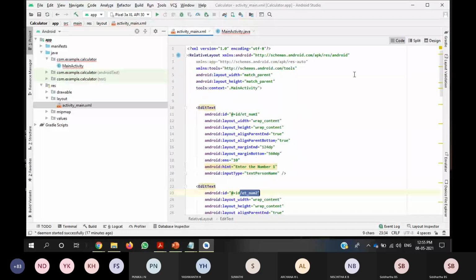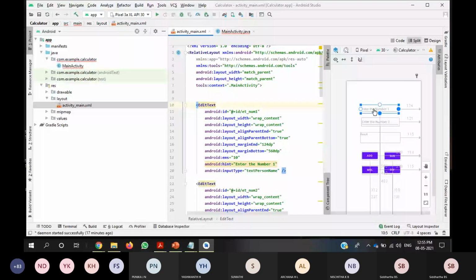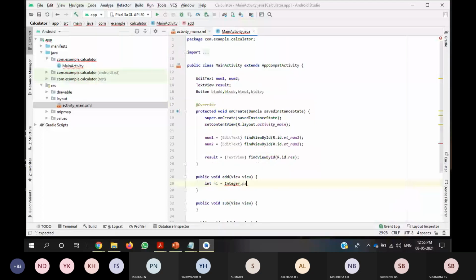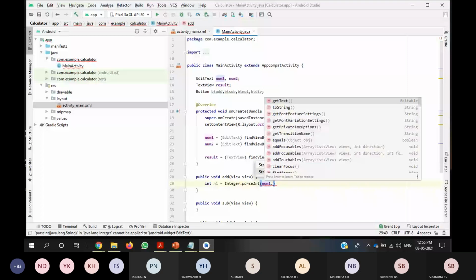Whatever value you enter over here will be a string. So we need to pass that using Integer.parseInt, where you enter num1.getText(). Whatever text you have entered, you need to get that as a toString.